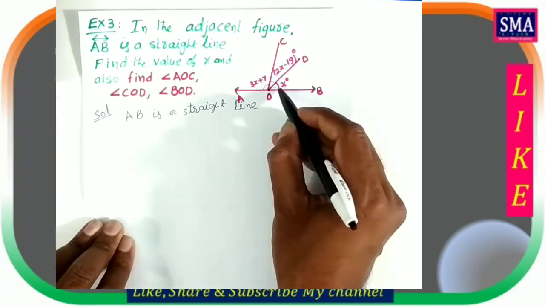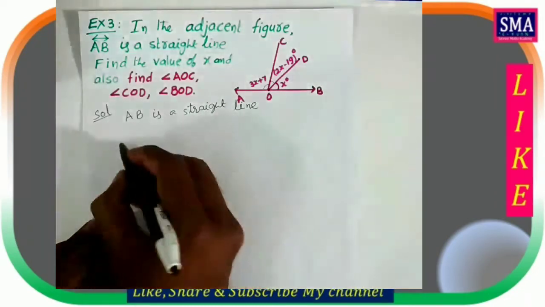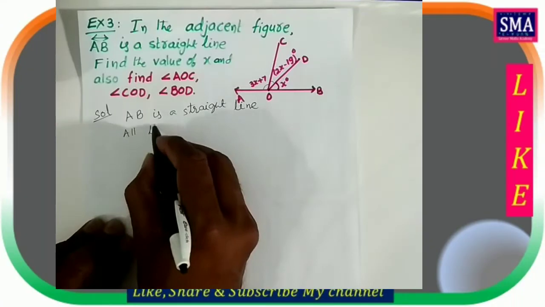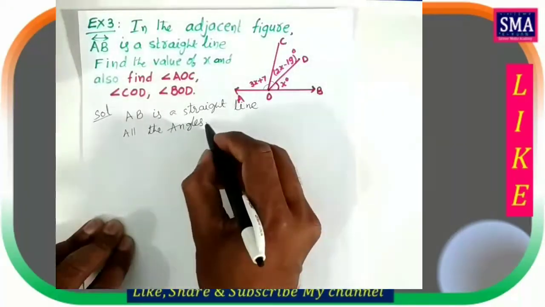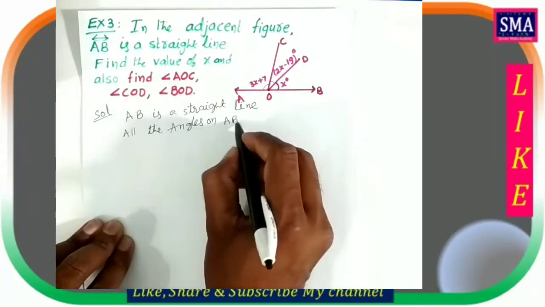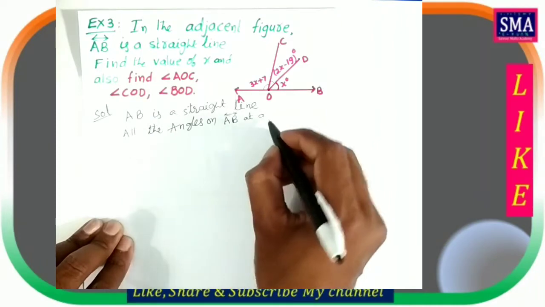The sum of the 3 angles at a point on the line is equal to 180 degrees. So write down all the angles on the AB line at a point